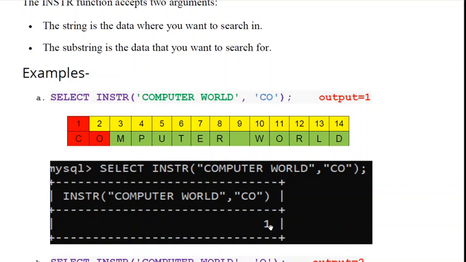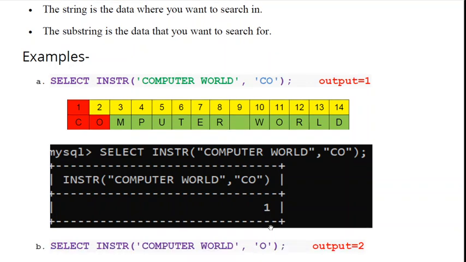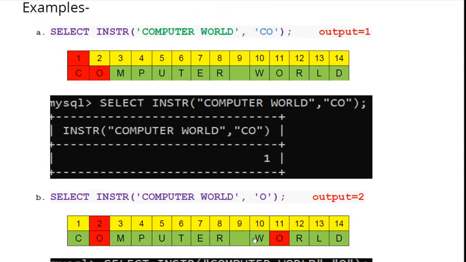Now the next example: if you want to search any data or letter which is stored in the string more than once. Here the letter O is present in computer world twice. Let us see the diagram.